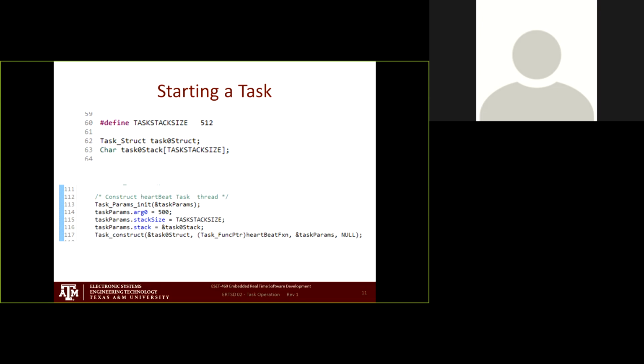Sometimes we get in a hurry and we just type in a number. The problem is that when something causes that number to change, then we've got to go find it everywhere. So #define STACK_SIZE. We're using a 512 byte stack. This is my task control block, task struct, for task 0. And that right there, task 0 stack,